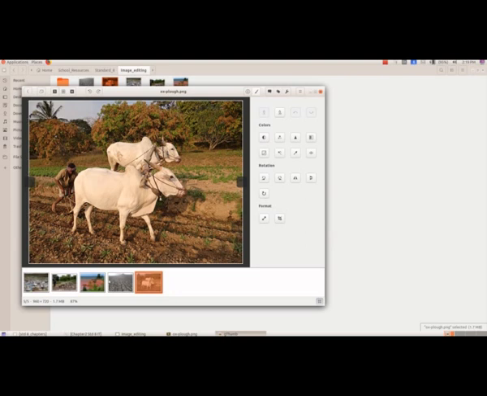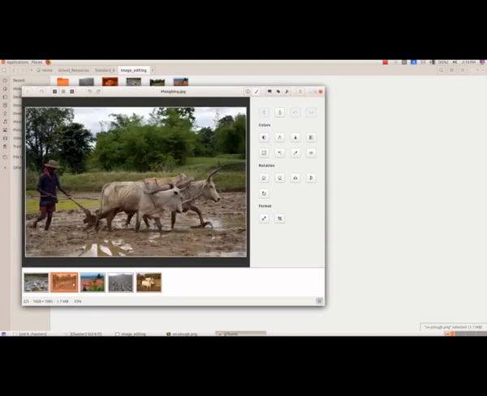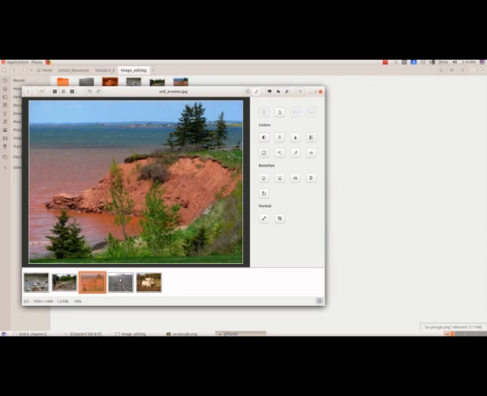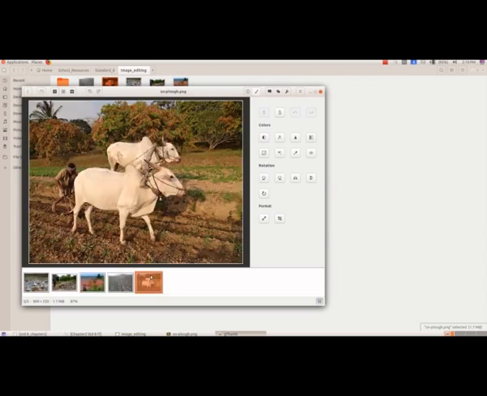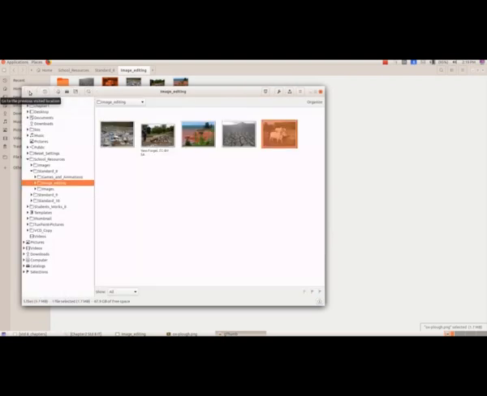So again, if we are pressing the arrow key, from here we can select the other pictures, and so that is the folder. The folder is image_editing.